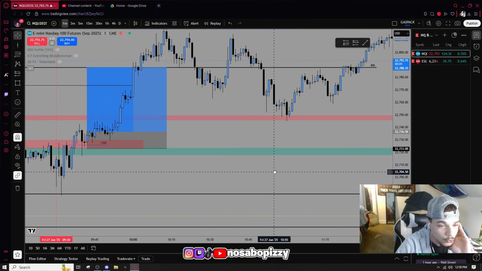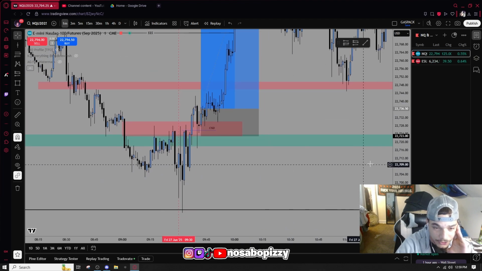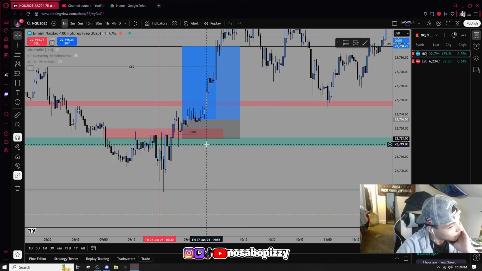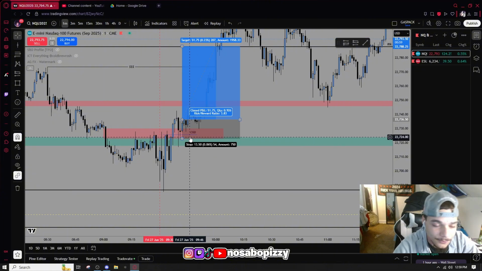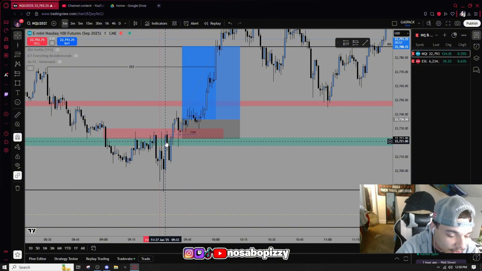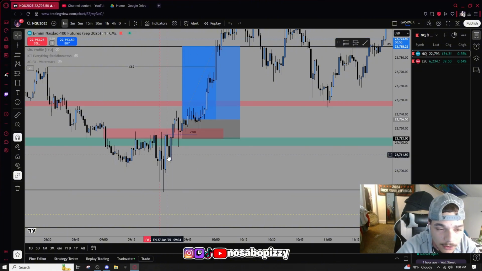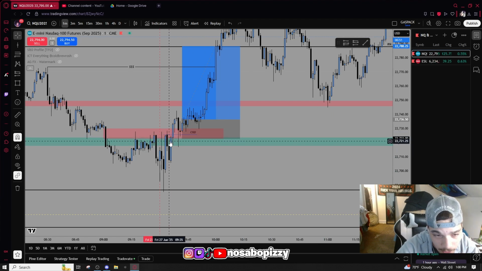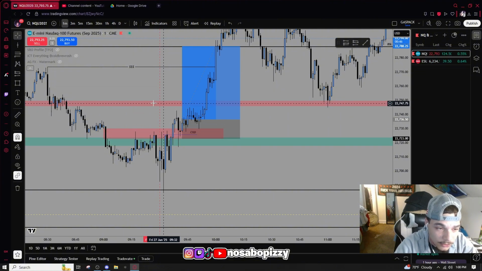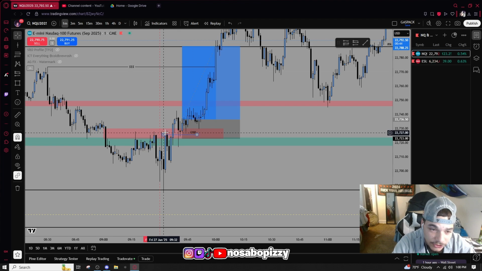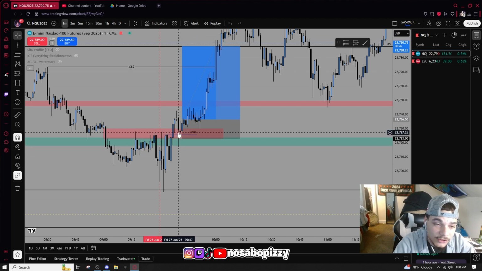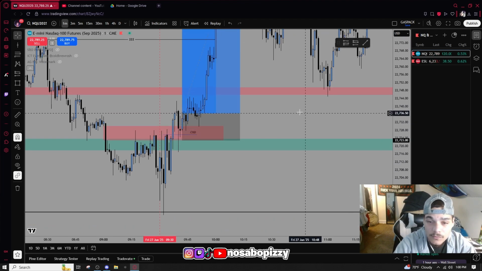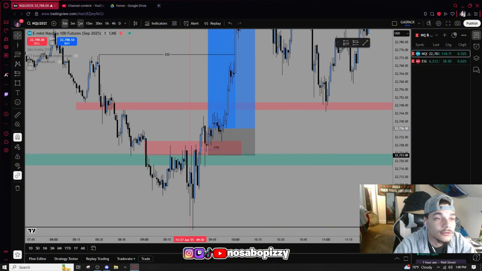What's the previous series of candles? These two bearish candles right here, the last series of closed candles. Price breaks it right here, on this 937 candle. So that's the change of state. We're now bullish. I wanted to see it pull back into that. Pulls back into that inversion.